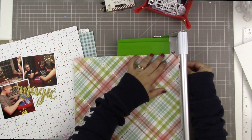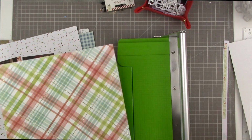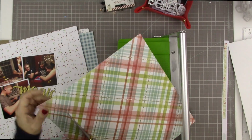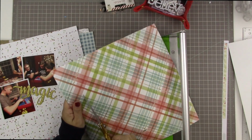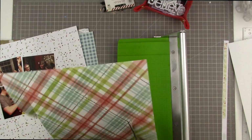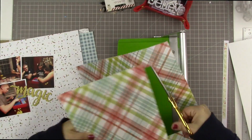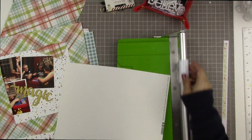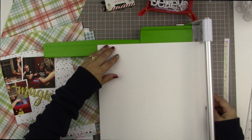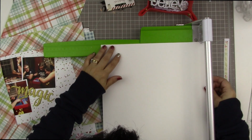And so I've settled on this plaid as my background. It's from the Sugar Plum collection from My Mind's Eye, and I'm just going to cut out this chunk in the center of it because I really don't want to waste this paper. It's so pretty, and I want to make sure that I get some use out of the center part of it. So I just used my scissors to cut out a big chunk that's definitely smaller than what my border will be,